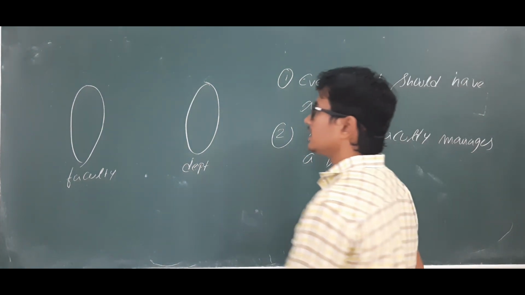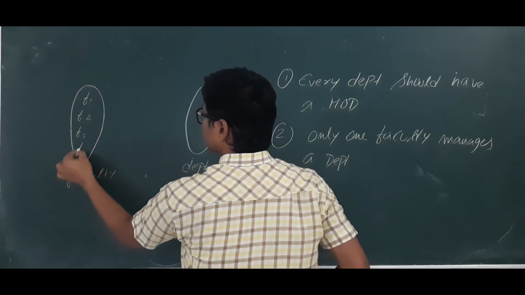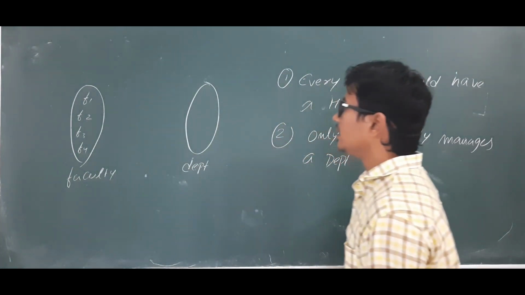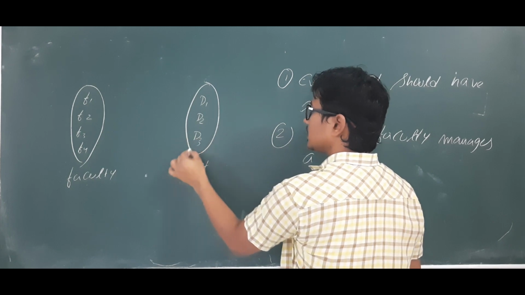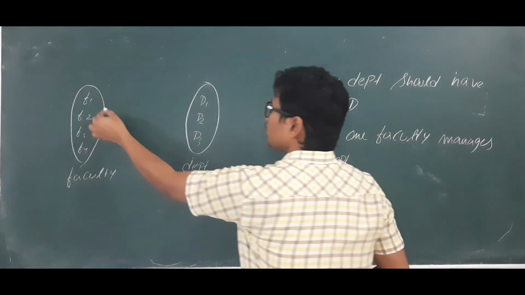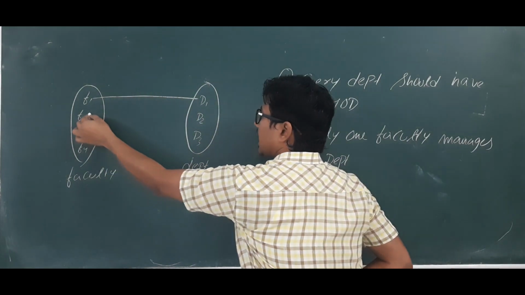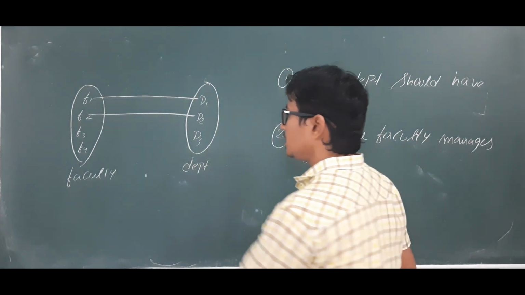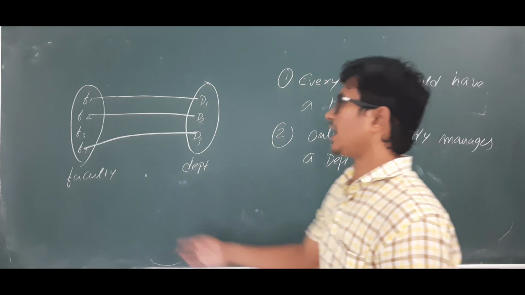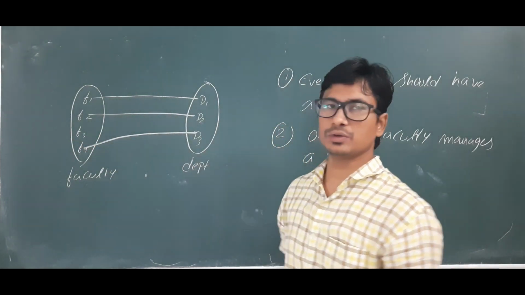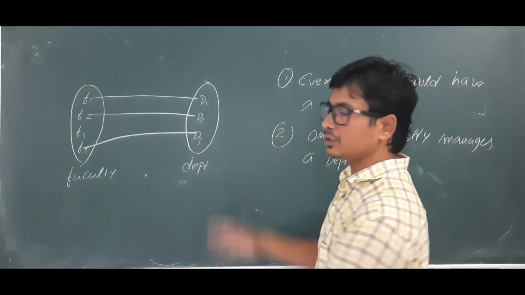Okay, so now let me take that there are 5 faculty members, or 4 faculty members, faculty number 1, faculty number 2, and so on, and there are 3 departments: department 1, department 2, department 3. Now let's take that faculty 1 acts as a HOD for department 1. Faculty 2 is acting as a HOD for department 2. Faculty 4 is acting as a HOD for department number 3. There is a faculty who is not acting as a HOD. Yes, there will be, because more faculties will be there as compared to the number of